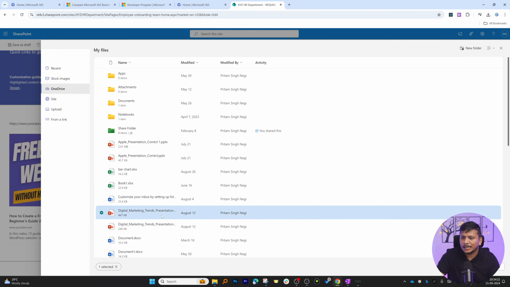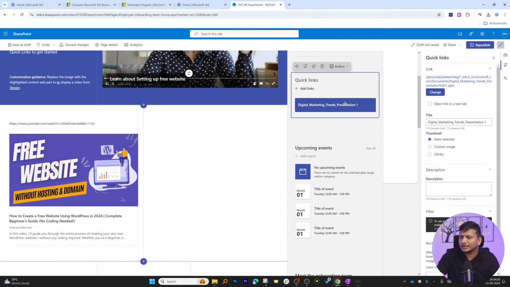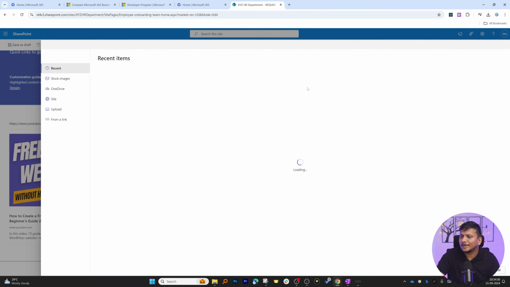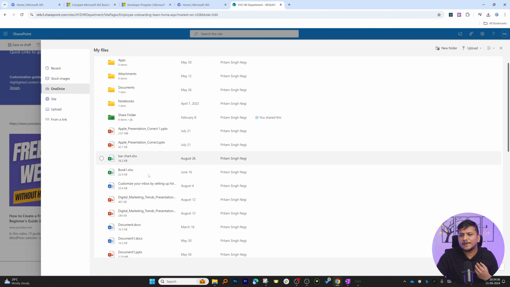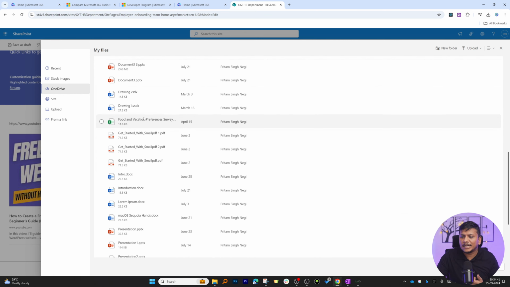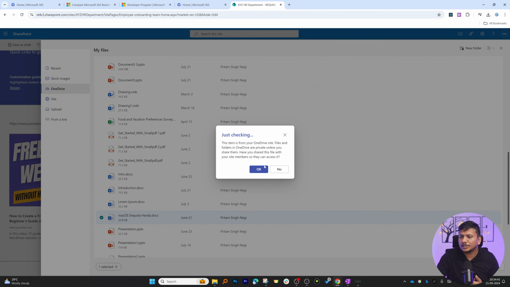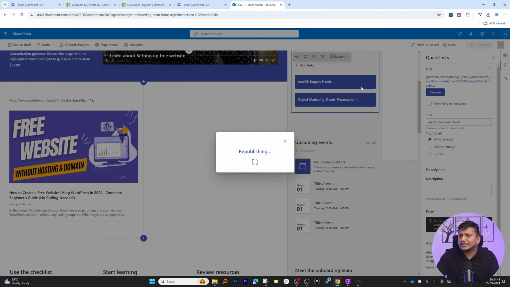Okay, so here we have got so many documents available. For example, this is the document that I would like to add. So here we go. Here we can see we have added one link. Now I'm going to add another link. And you see, when you use Microsoft 365 products, you will find all your documents placed in one place, okay? So now let's say this is the second important link. And not only can you add links, but